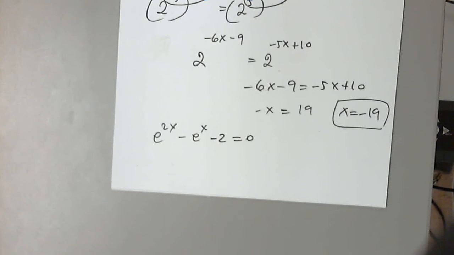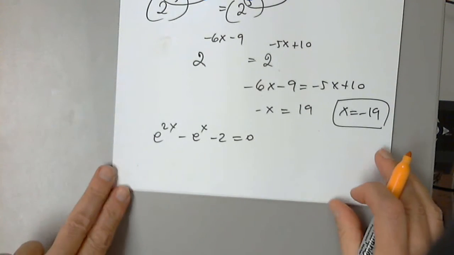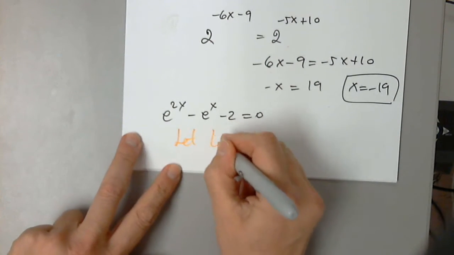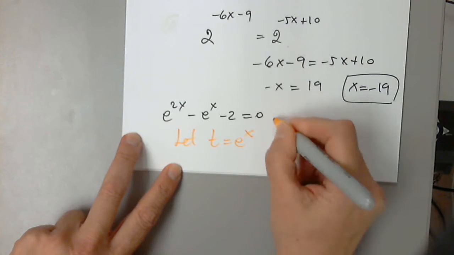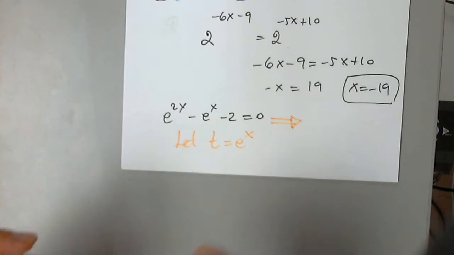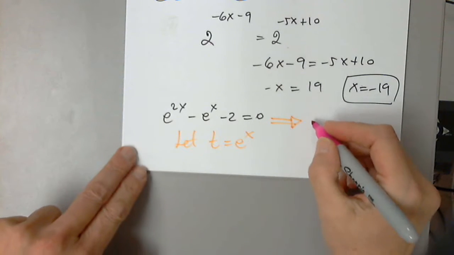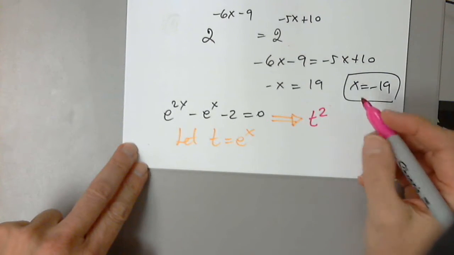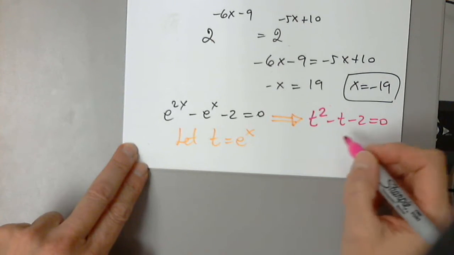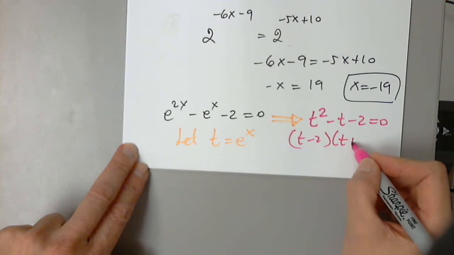The variable is at the exponent level. But this time, I have two options. I will say, let t be e to the x, and then change the equation. How? t squared minus t minus 2 equals 0, which I have no difficulty solving